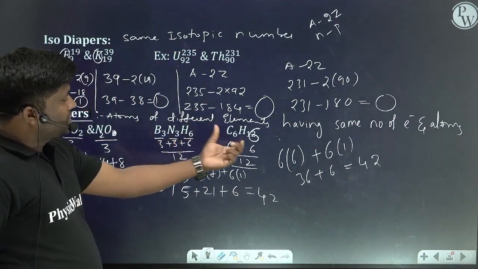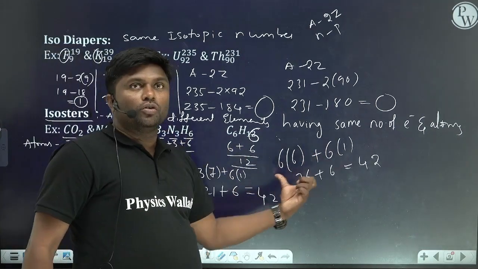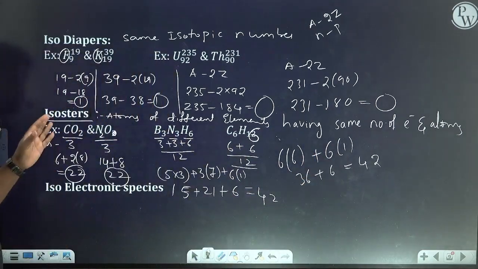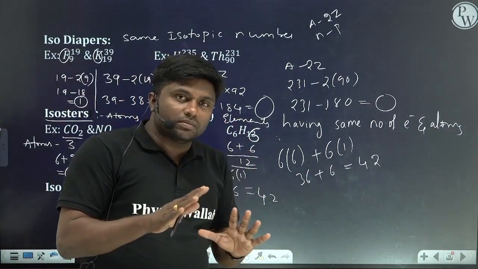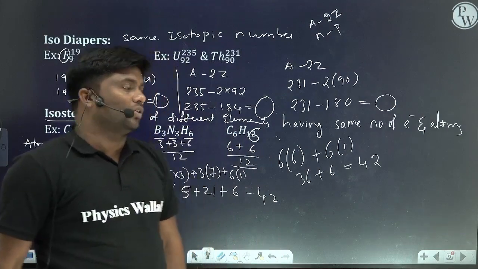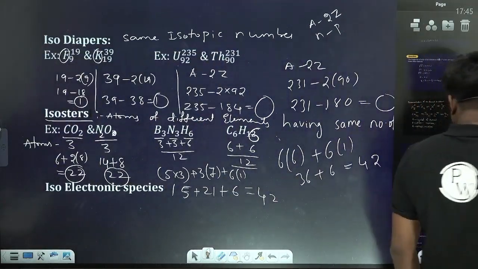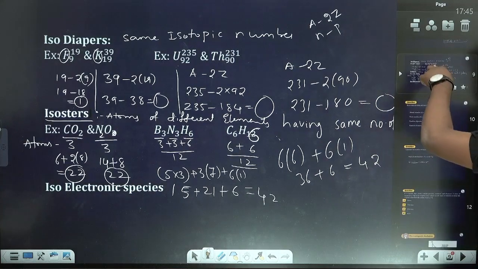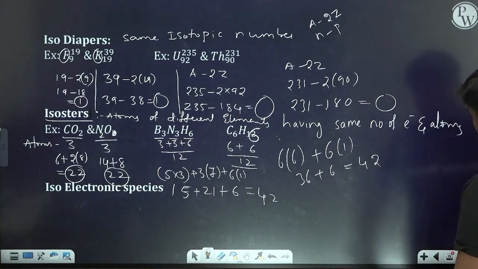Number of atoms same, 12, and number of electrons also same, 42. That's why these are called as isosters. Isosters means same number of atoms and same number of electrons. Same number of atoms and same number of electrons. What do we call them? Isosters. Okay, now we will be discussing the next thing, that is